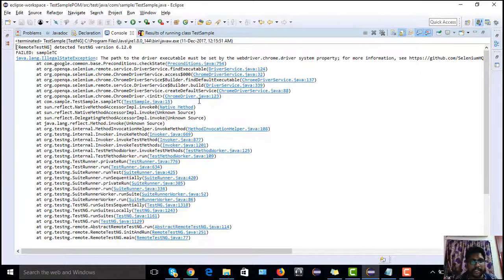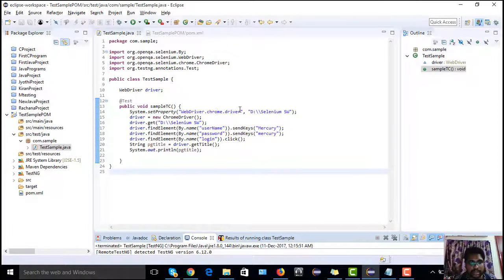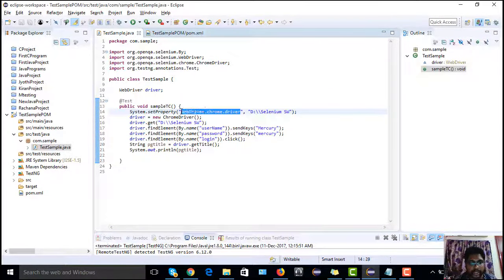The path of the driver executable must be set. Okay, this is a key. Let's see whether our key matches with this. Okay, I have given caps. Okay, the key is good. And this is my path where I have my Selenium driver.exe, right?